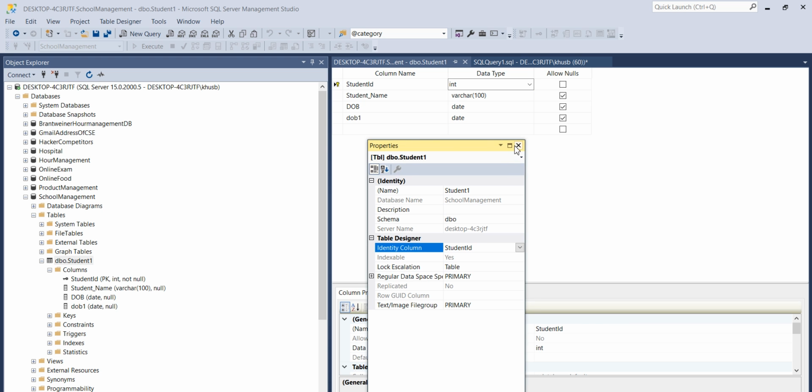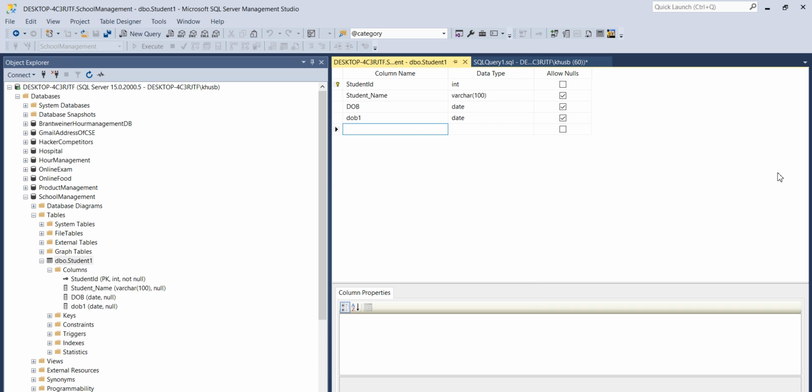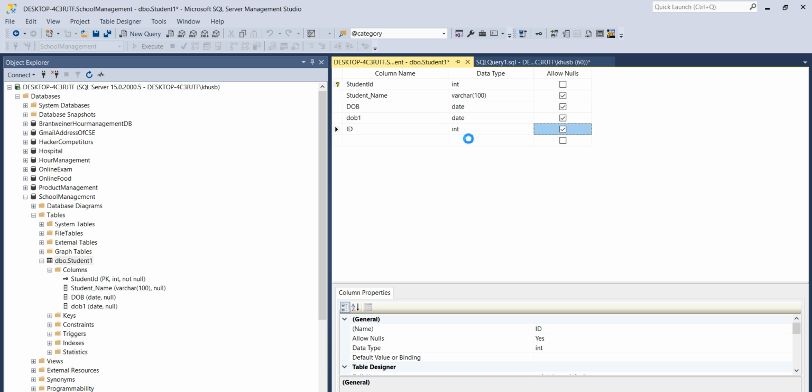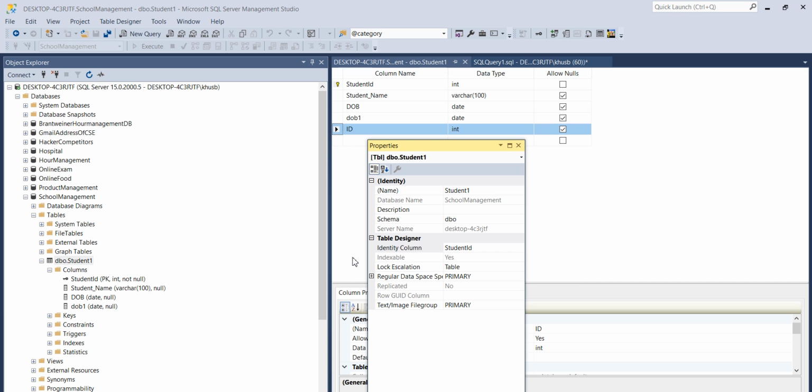Let's say I add one more id column, and this is also of integer data type. When I click again on the properties section, it is now going to have two columns, student id and id. Whatever column I want to select as auto increment, I can select from here.